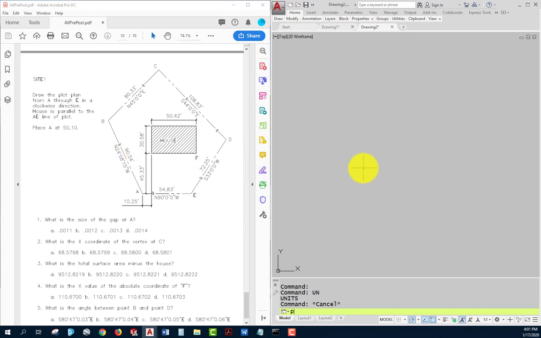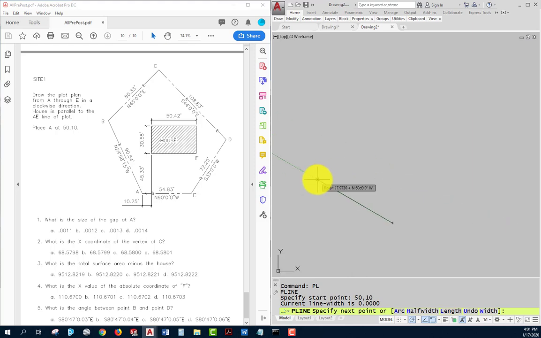So I'll go over to the drawing. I'm going to do a P line starting at 50, 10. We're going to draw in decimal feet, by the way. Move this over here a little bit. And now I have to type in the coordinates here. Polar tracking isn't helpful to me when I've got angles that have such small increments. So at